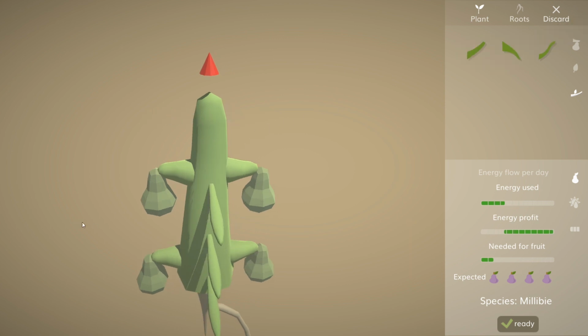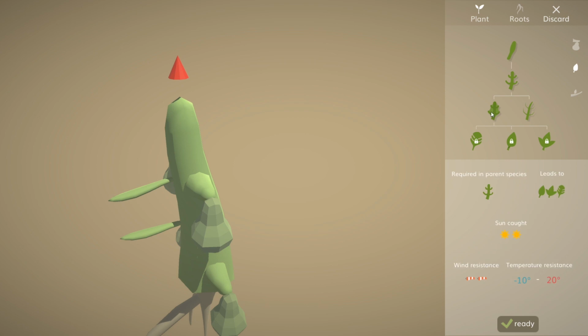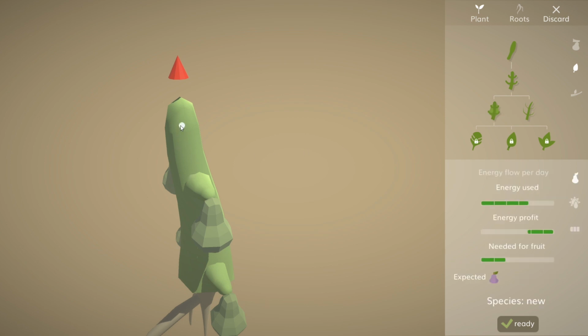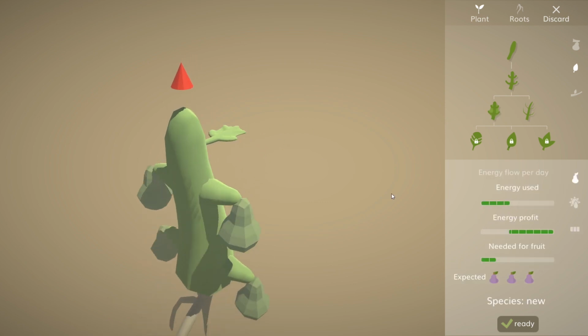We can take away those. I might take away the old style leaves as well. This might be a mistake. So this one has two suns caught. So we don't need as many of them by a long shot. This one has 1.5 ton of them, but it's got some wind resistance. I can't remember what the wind is in the... So I'm going to use this one. And then if I find that there is a problem with wind...